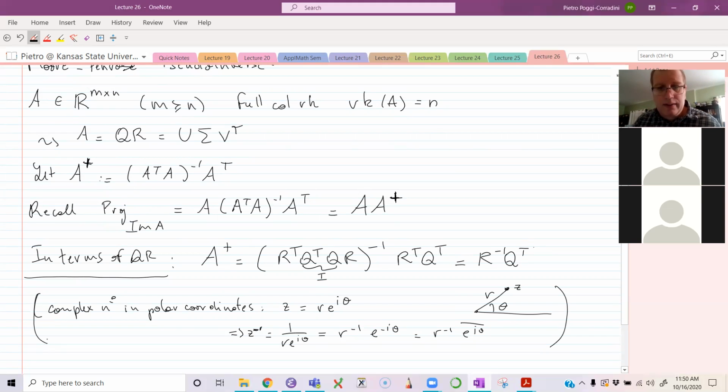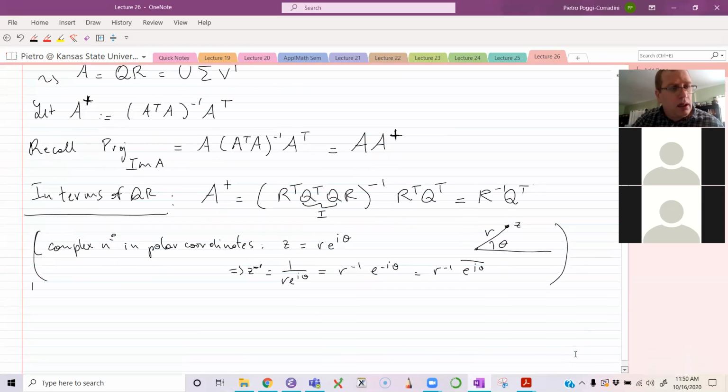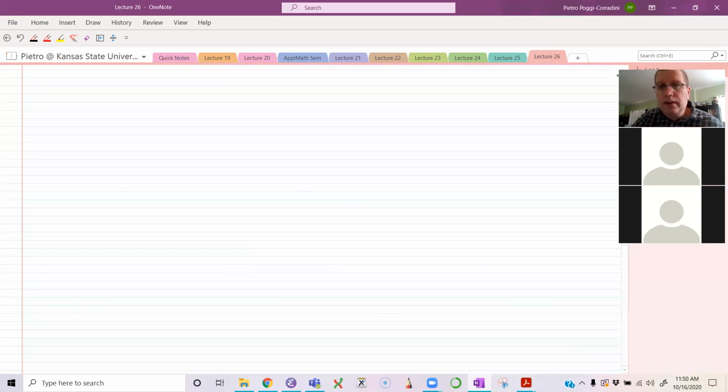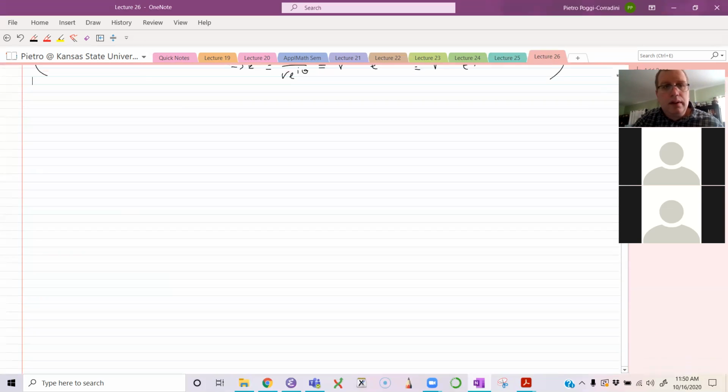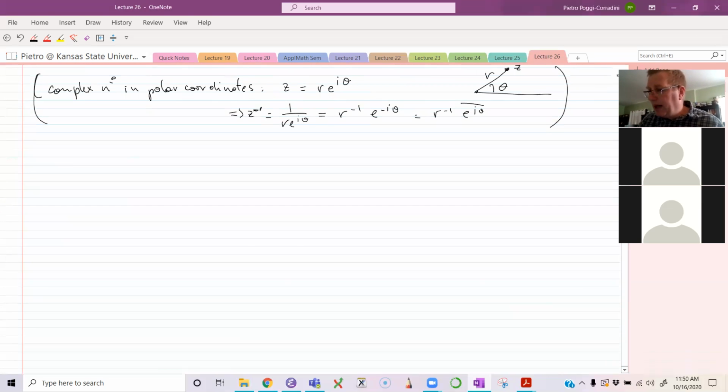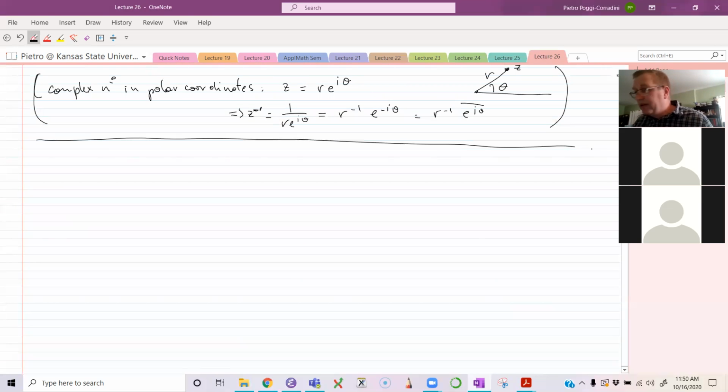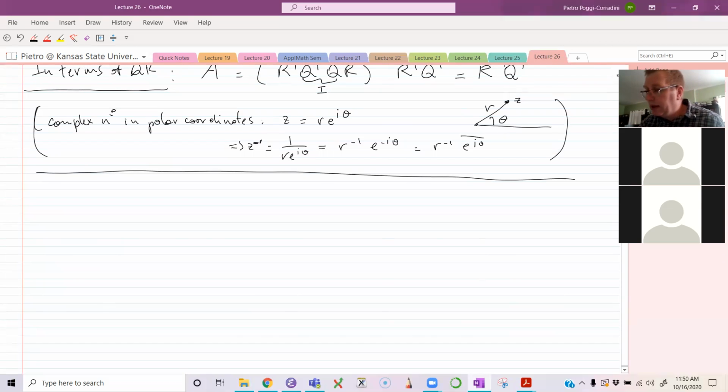Just an aside here. All right. So so that was that. Now let's do the SVD interpretation. So, and what did I call it? In terms of